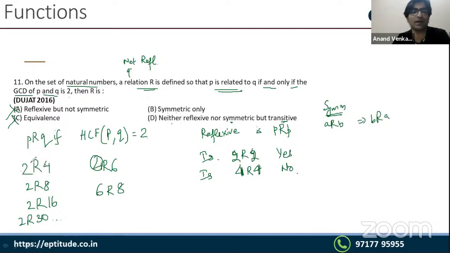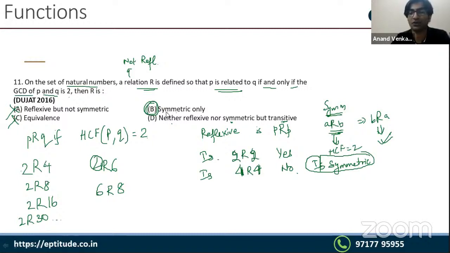अब एचसीएफ चेक कर रहे हो ना, तो a कमा b लिखो या b कमा a लिखो, एचसीएफ तो एचसीएफ ही होता है। तो इफ a इज ऑलरेडी रिलेटेड टू b, तो इनका एचसीएफ वैसे ही 2 आ चुका है, तो इनका भी तो एचसीएफ 2 ही आएगा, व्हिच मींस दिस इज ट्रू, व्हिच मींस दिस इज सिमेट्रिक, इट इज सिमेट्रिक, व्हिच मींस आंसर डी नहीं हो सकता, आंसर बी ही होगा, इट इज ओनली सिमेट्रिक।